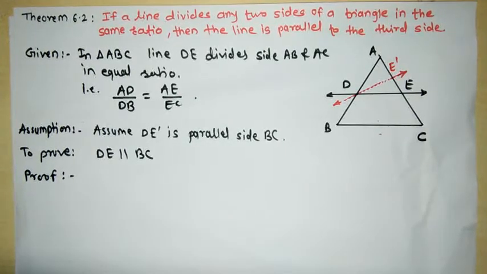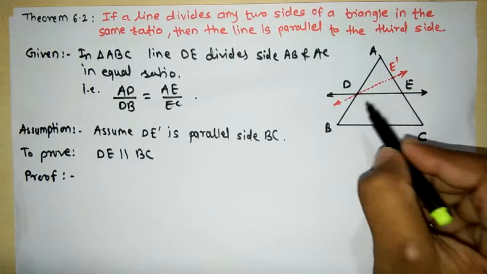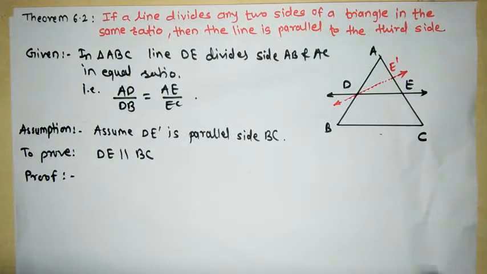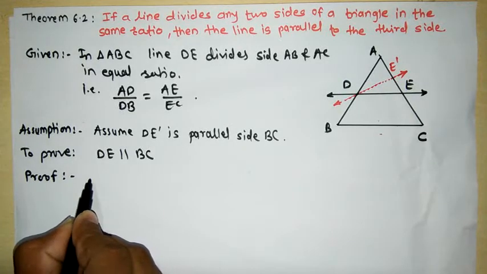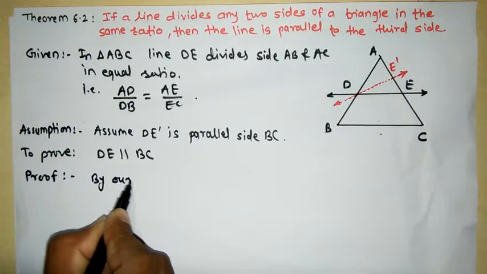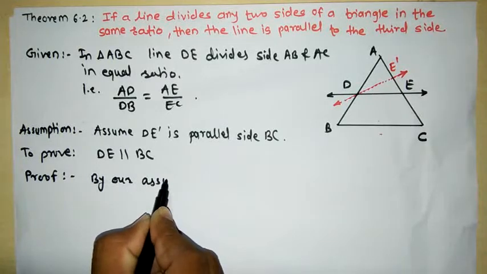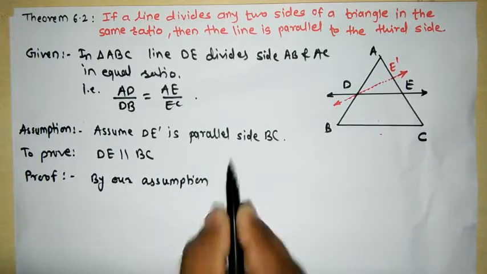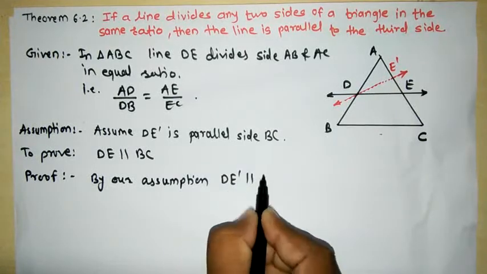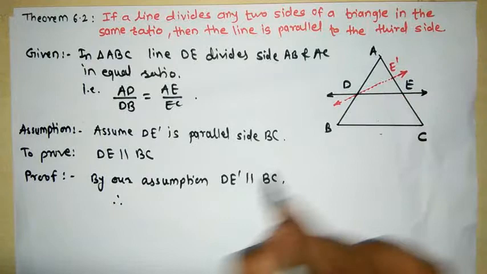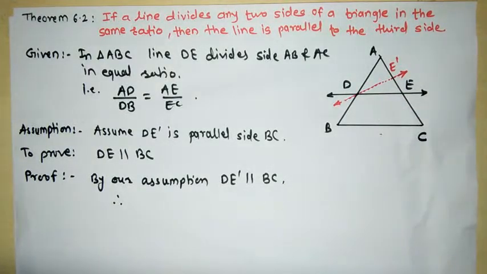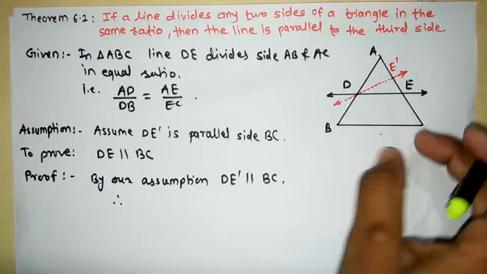Here, proof is, now we know that DE dash is parallel to BC. It is by our assumption. Therefore, DE dash is parallel to BC. This is our assumption. If DE dash is parallel to BC, then can we say that AD by DB